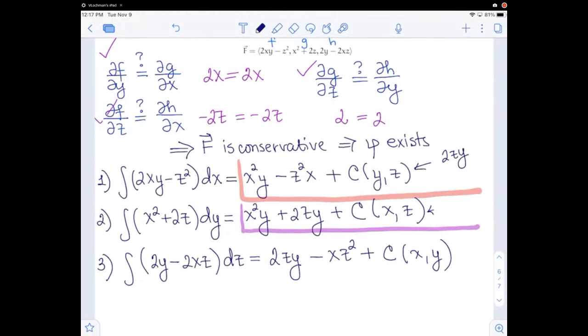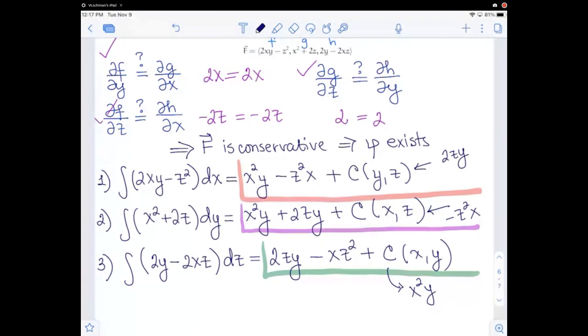That's just going to be negative z squared x. And then the last part, let me color it with a different color. What is our function c of x and y? That's just x squared y. You can see how all pairs, if you put them together, have matching